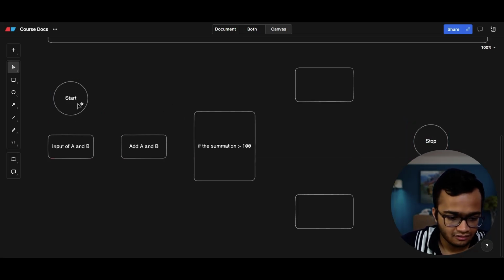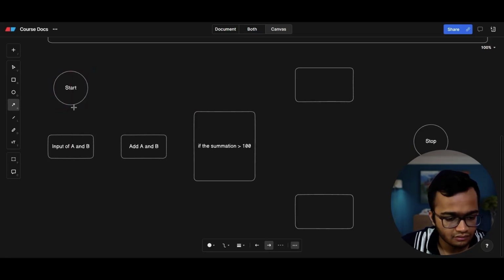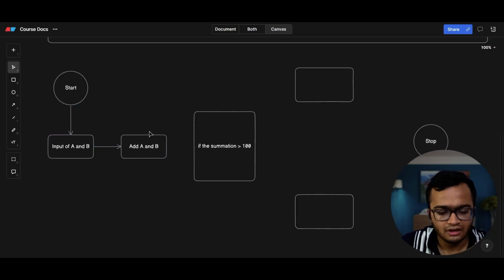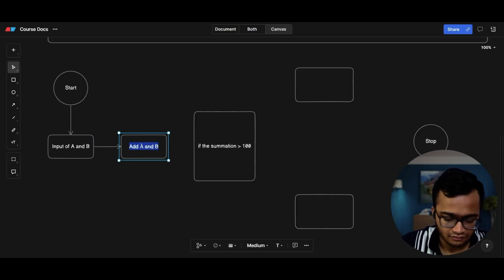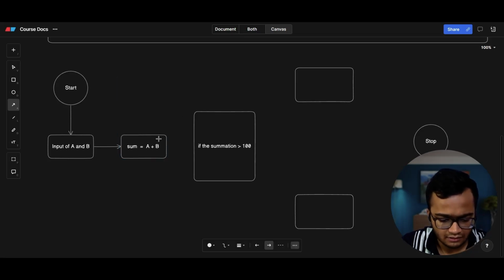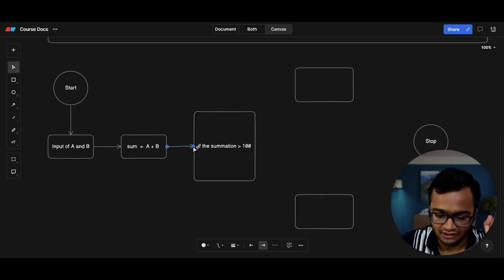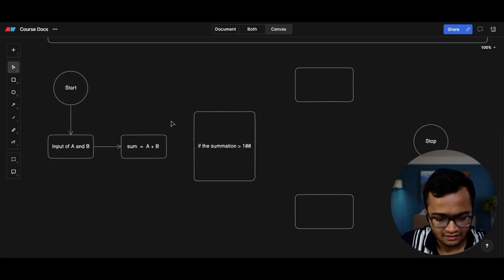So if I draw the arrow diagram by completing this, at the start of the code we have to take the values of A and B as input from the user, then we have to add them, and obviously we have to store the result somewhere. So we can say sum equal to capital A plus B. We are adding the two values and storing them in the sum variable. Once that is done,